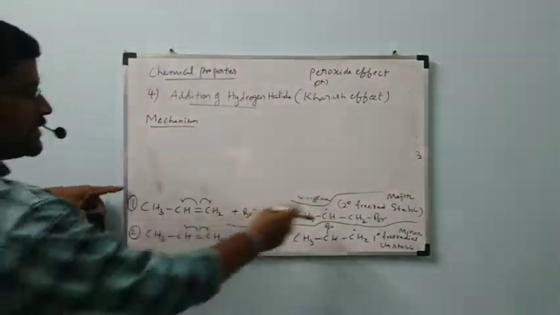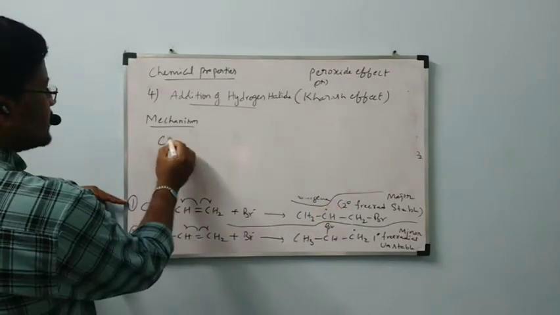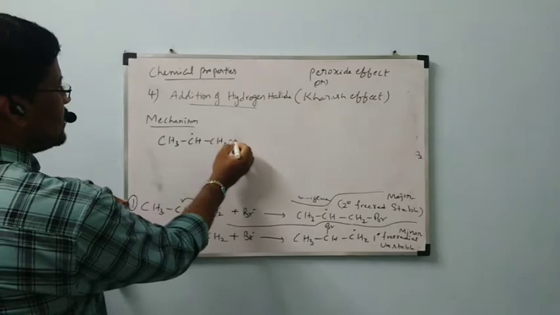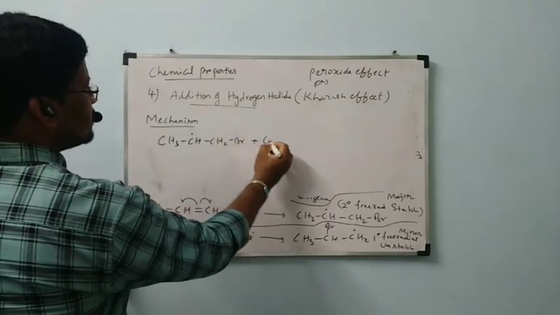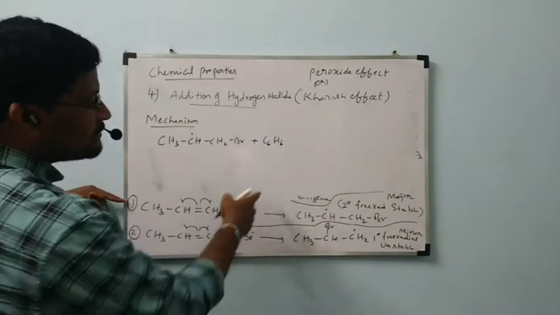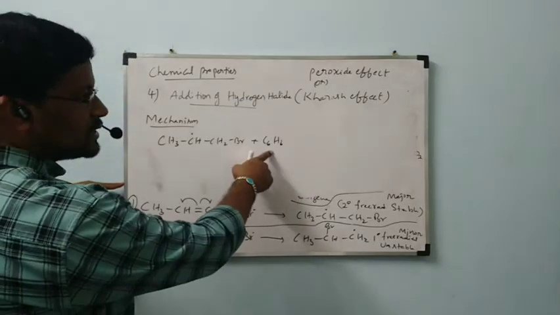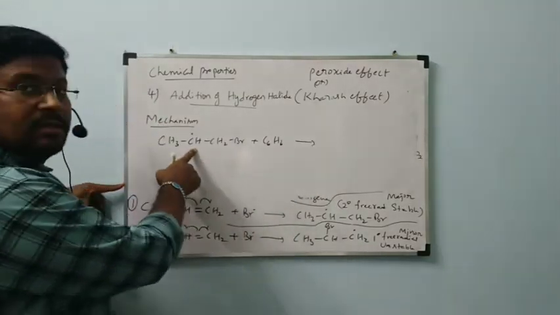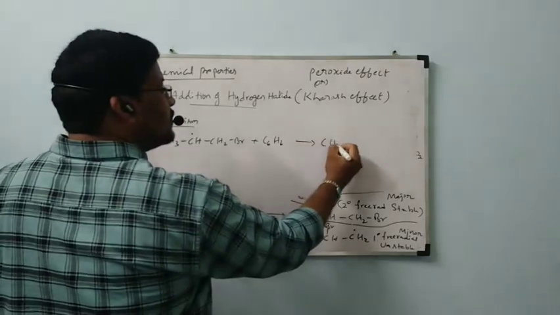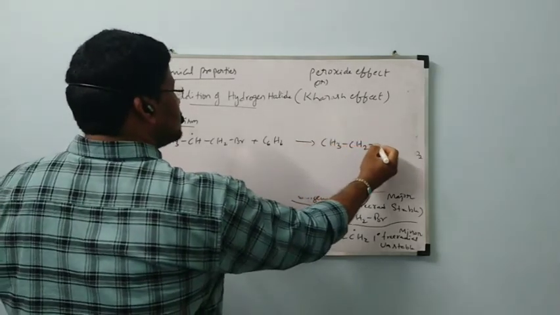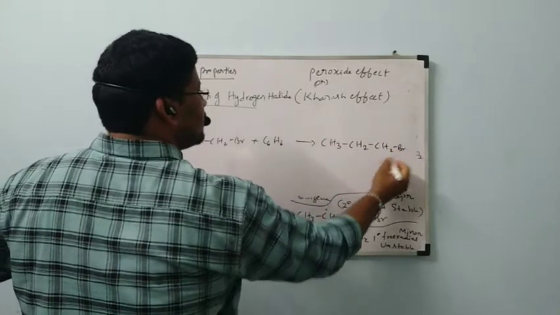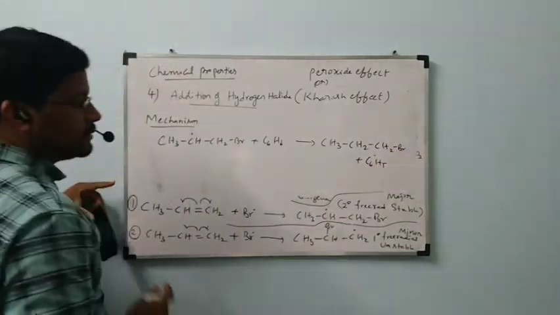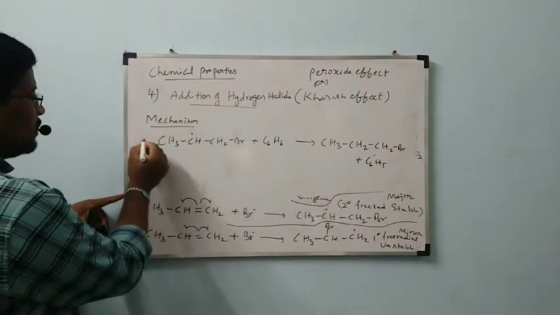See here, which is major: CH3 CH free radical CH2Br reacts with C6H6. Here benzene is formed, no? That benzene will react with this one, in which hydrogen free radical will be transferred to the middle carbon to form CH3 CH2 CH2Br. Again C6H5 free radical is formed. Next, this is major.